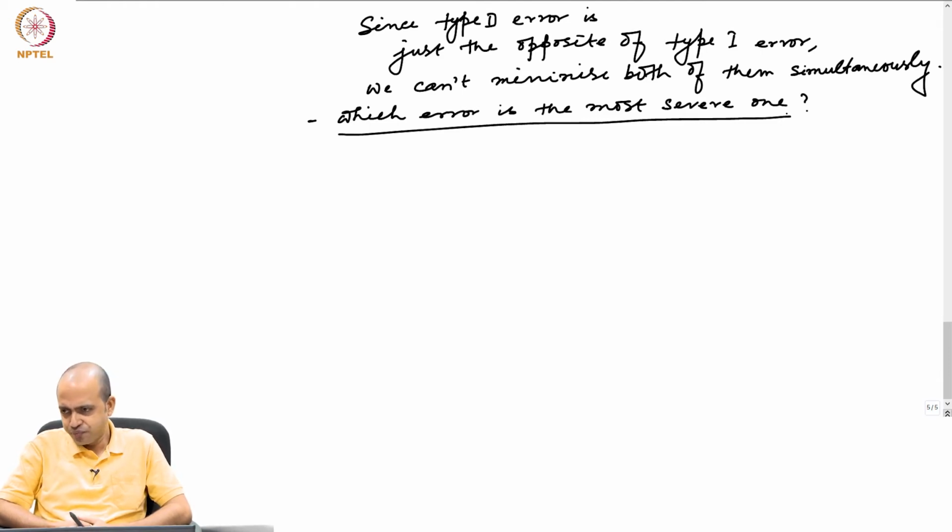Let us say that a person is caught by the police. A person is caught by the police and the police suspect the person is related to some bank robbery, but there is not enough evidence of that. So, you suspect him and now in the court you have to produce the guilty person